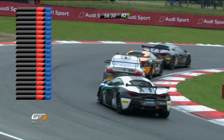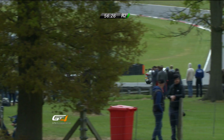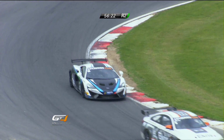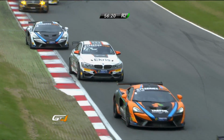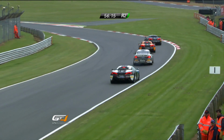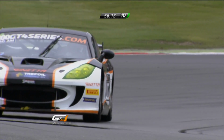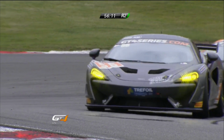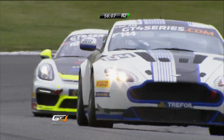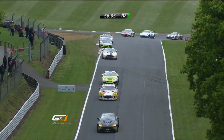McLaren is trying to close in all over again now. I've just had a rectification. It is Matthew Graham. The team keeps changing its mind about who is in the car, but it's Matthew Graham in the McLaren that's running in 5th place. Now, what can Ricardo van der Ende do? Very strong driver lineup. He'll be handing over to Max Cobalt, but right now he's got Matthew Graham all over his tail. Those McLarens are handling very, very well indeed, and tucked in behind is the Aston Martin of Matt